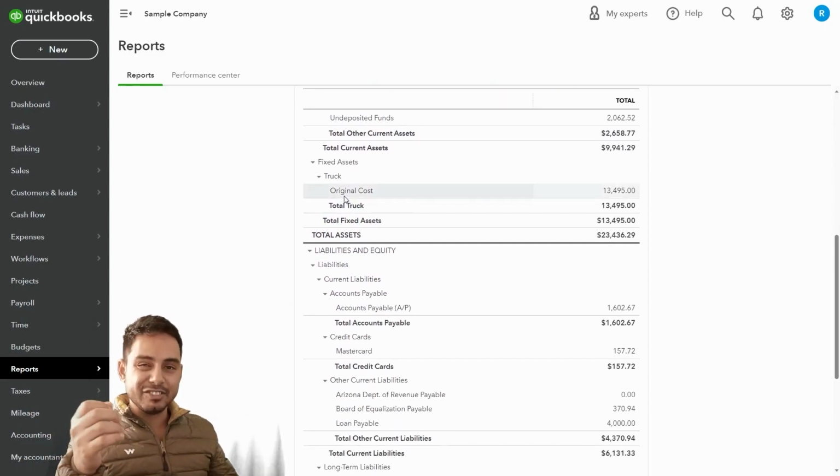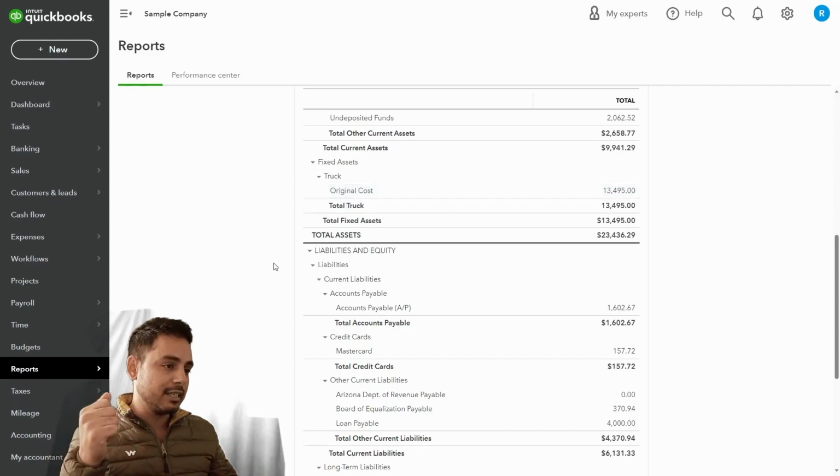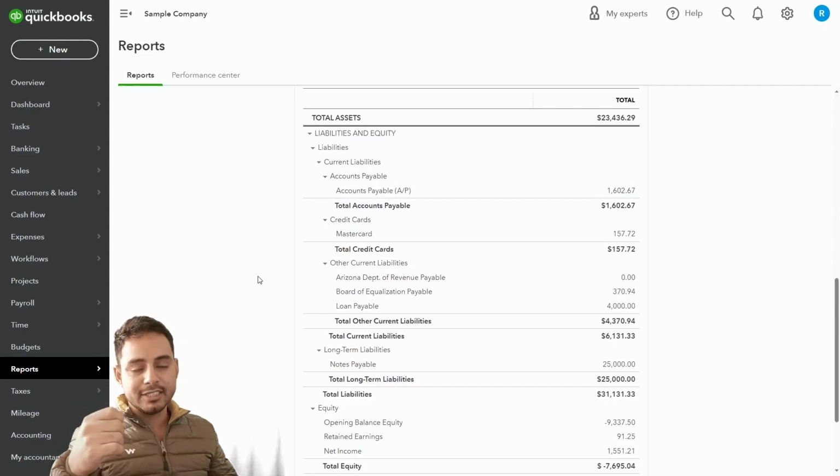Then you have the fixed assets, which are plant, property, and equipment. You will have your vehicle accounts stored here, as well as any fixed assets, such as equipment that you purchase for business purposes. The liabilities section displays everything that you owe to someone else, that the business owes to